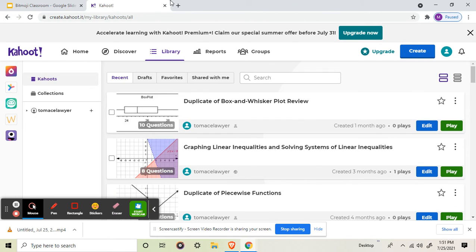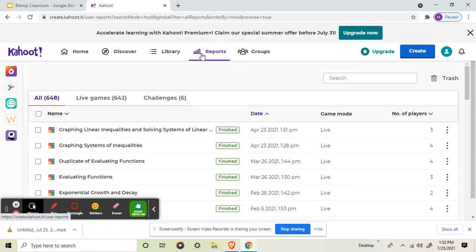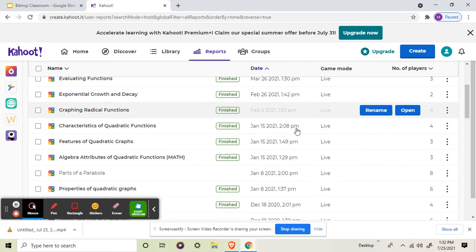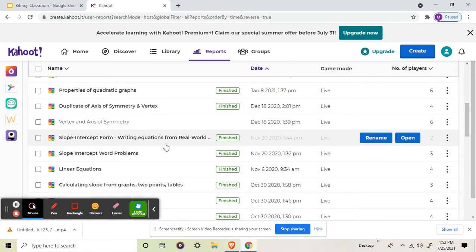If you wanted to make one from scratch, you can definitely make one from scratch, but there's like millions of them, so don't go crazy. I would say find one that's good that you can edit a little bit and change it to suit your needs. The big thing I definitely want to talk about for a lot of teachers that they overlook is the report section.